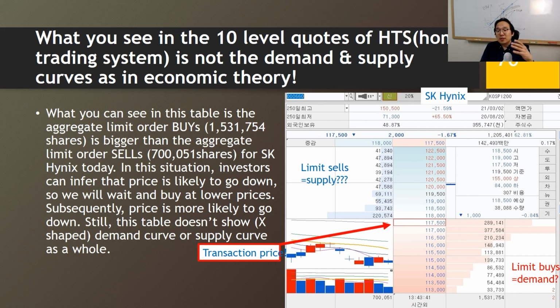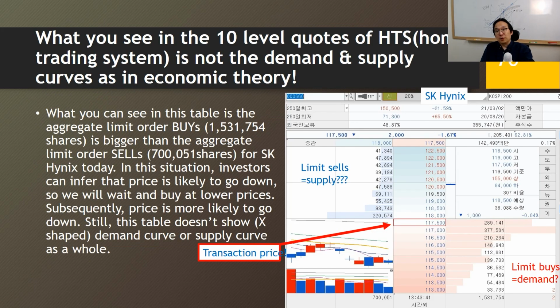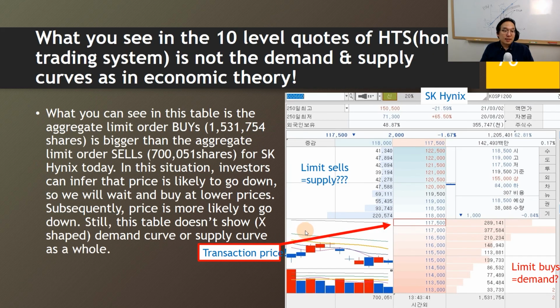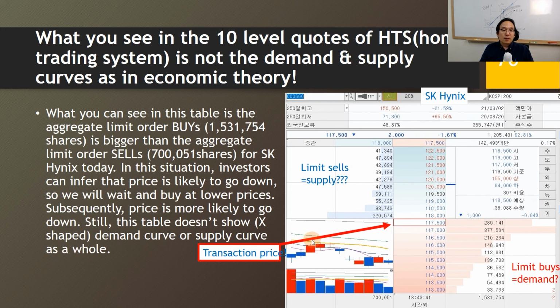So this is another reason why I say this is not the true demand and supply curve that we talk about in the theoretical underpinning. There is a reason why they're waiting over there. But here it is without reason: this is the true value, and the supply and demand meet over there. This is the market cap. This should happen every time. So don't get confused. All that I'm saying is that this microstructure level information is not the demand curve or supply curve that we talk about. Now, fine. Then we could move down to